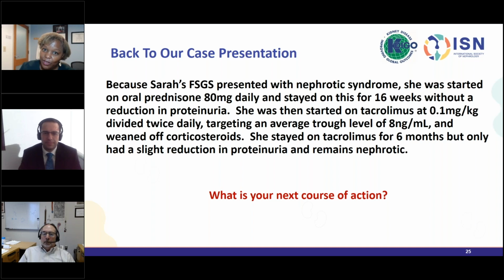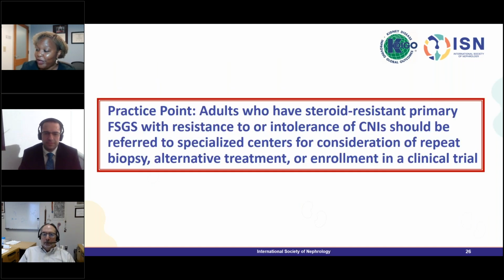These are the cases that we all hate, but we see. And the question is, what do you do next? We now find ourselves looking towards our specialized centers for consideration of alternative treatments. And in looking at the clinical trial data that is available, the working group did not feel that we could provide a specific recommendation for what to include next. So this is when you want to bring in the experts because the care is going to be individualized at this point. And this is also the point where we really want to push the importance of enrolling in clinical